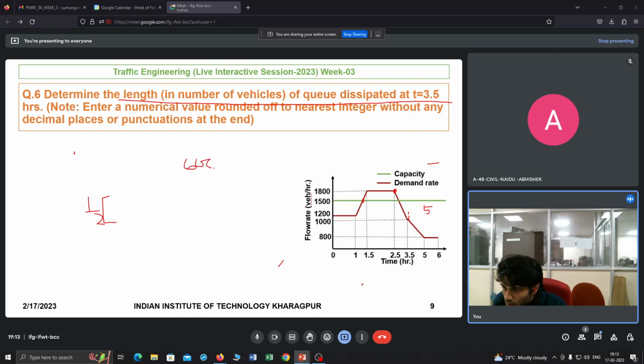So 600 is increasing in a time of 0.5 hours. Now we want to increase 300, so 0.5 by 100 into 3 means half. So 0.5 by 2, I think, right? So 0.5